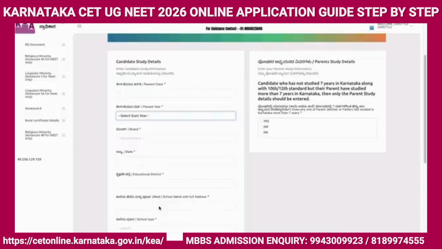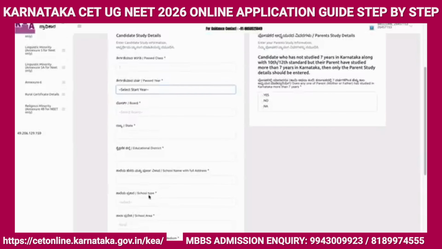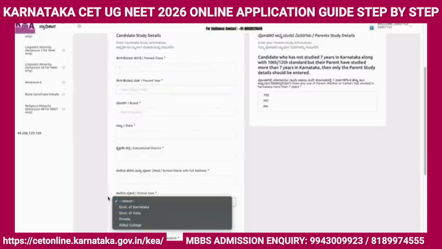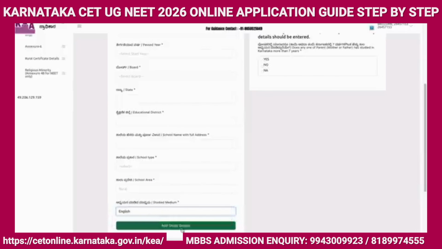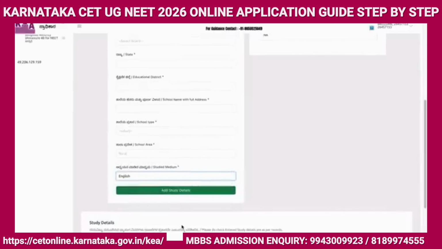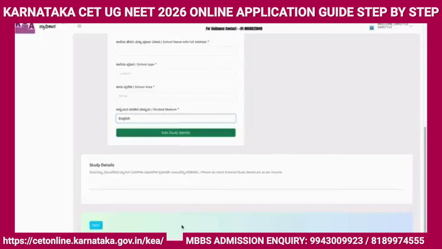You can enter the school name, and for the address you can mention your area or district. What was the school type? This was the option. School area, study medium, and click on add study details. Once you click on add study details, the 1st standard details will be reflecting over here.